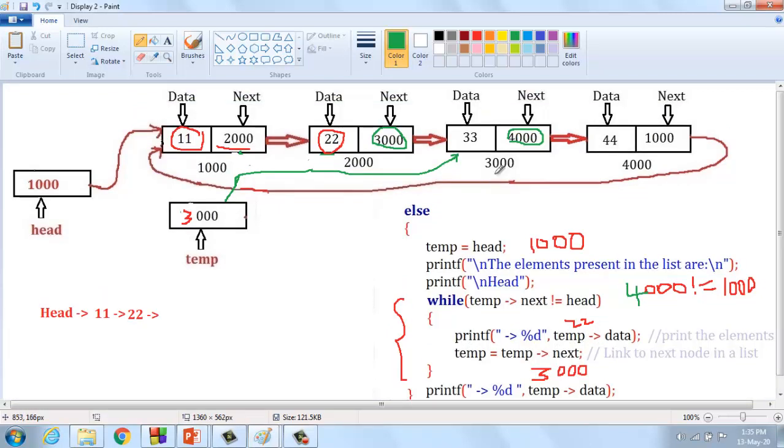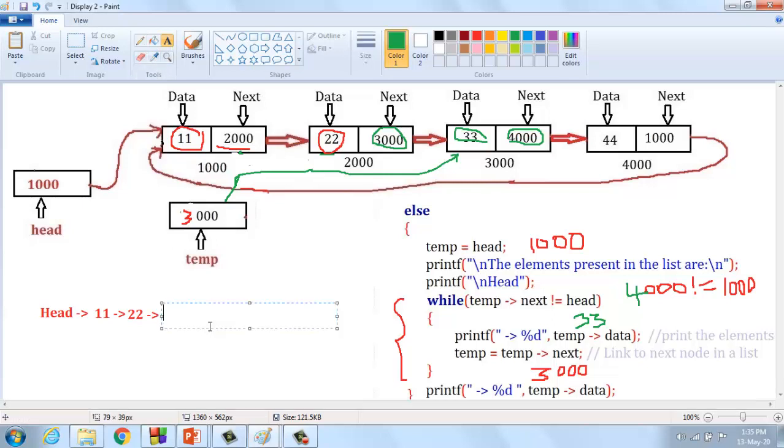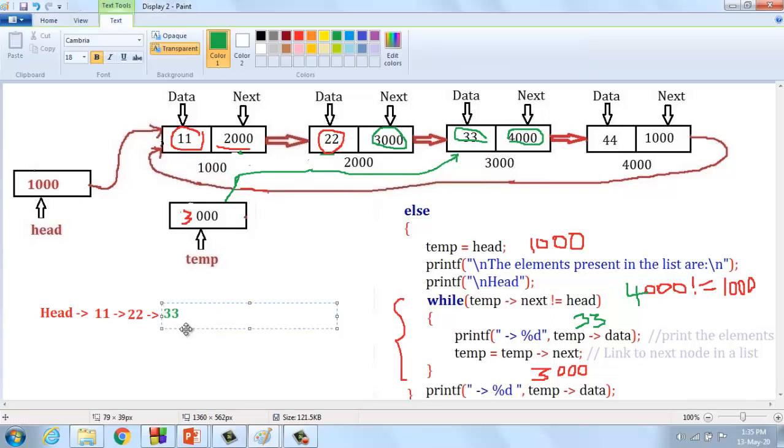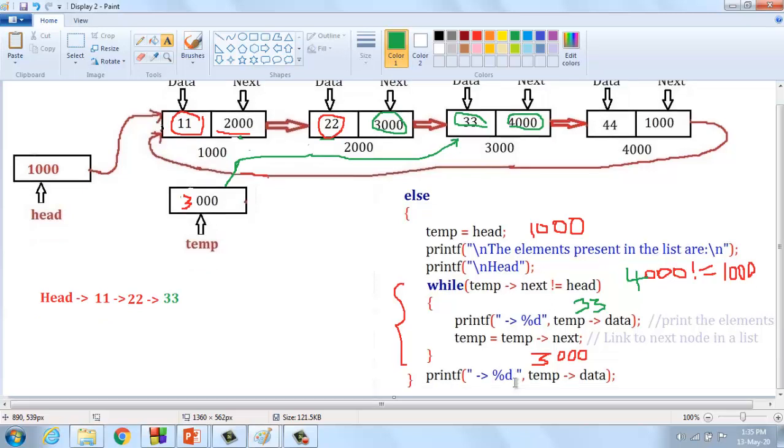Temp is 3000. 3000 of data is 33. Here it should be changed into 33, and I'm getting output as 33. Alright, I understand.